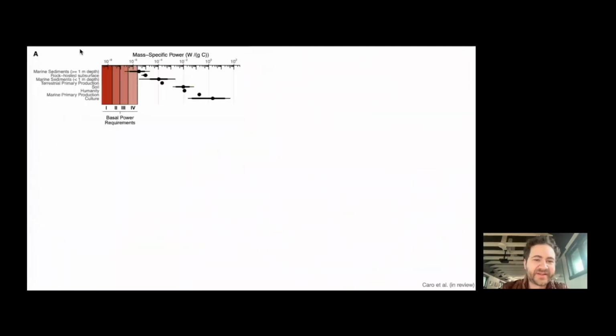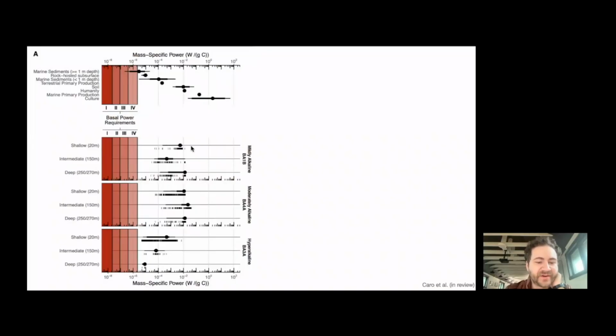And so what this data looks like is when you take mass-specific power requirements across Earth systems, this is just literature collected data. You can see that marine sediments have very low mass-specific power, and organisms in culture have very high mass-specific power. I put these up to bracket the data from our system that I will show you. You can see that we see a very large range of mass-specific power across the Oman system, where organisms at the fastest growing end are similar to microorganisms in soil or the very slowest growing cultures, but microorganisms at the slowest ends of growth are more akin to what you would see in rock-hosted subsurface and marine sediments